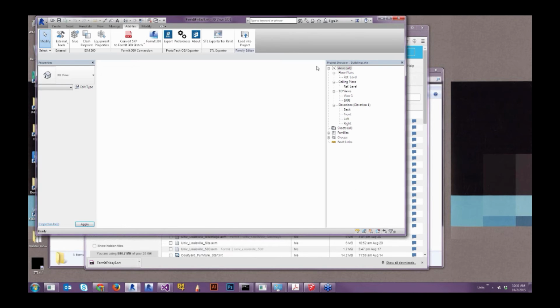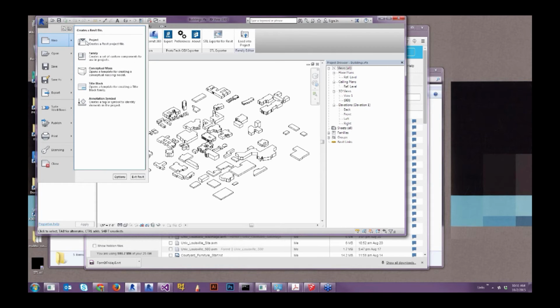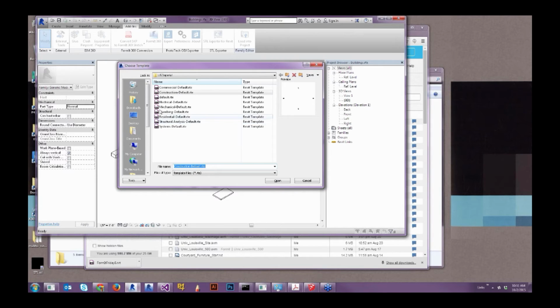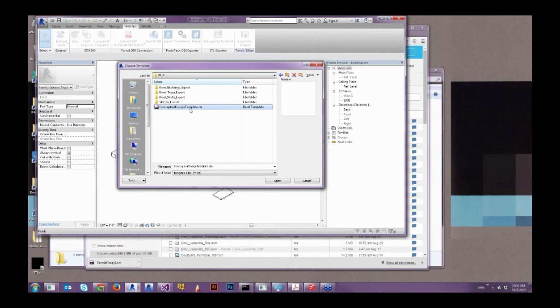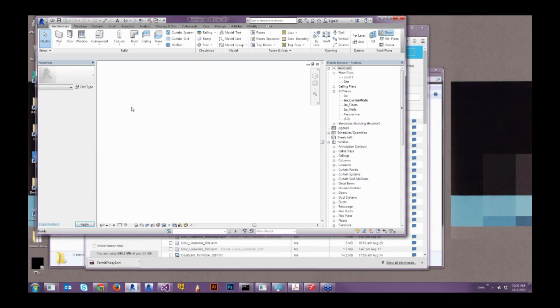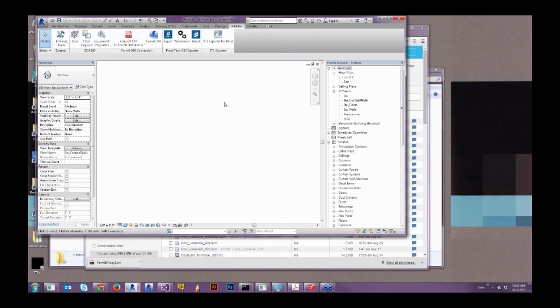So I'm going to close the sketch, and I'm going to start a new one, and what I want to do is start a new project, and it asks me what template file I want to use. So I'm going to browse to my desktop where I've got a folder going. I'm going to use a conceptual design template and then click OK. And this is just a template I'm making as I go along, adding more and more sort of intelligence about Formit into it. So our add-in, this is something we developed a few months ago. It's the Formit 360 converter.